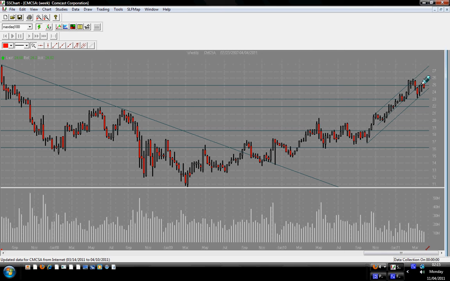So if you receive a clear-cut signal to sell here, we will definitely be very glad to take that signal at a hot spot trading zone. This is a technical analysis and also a stock market discussion regarding Comcast Corporation, CMCSA. Okay, so we're going now from the weekly chart.